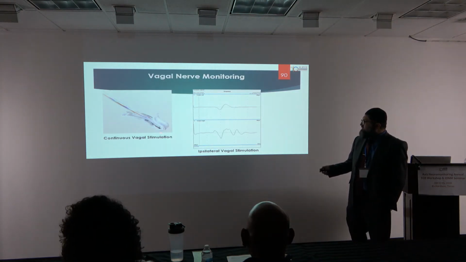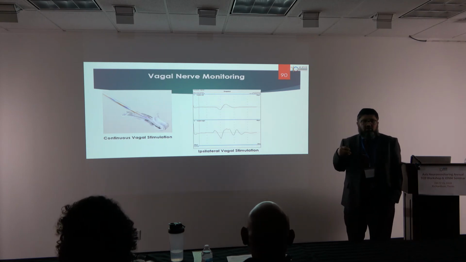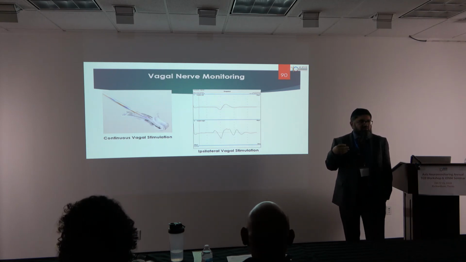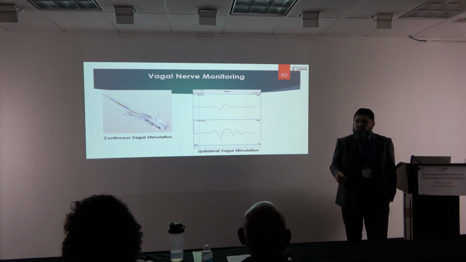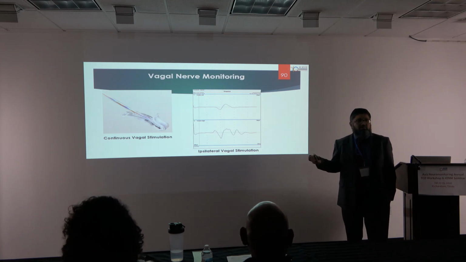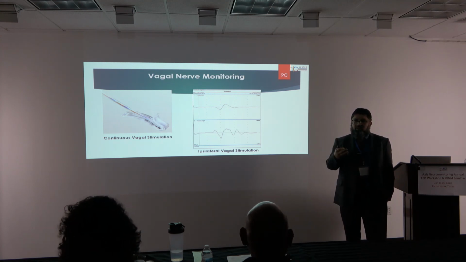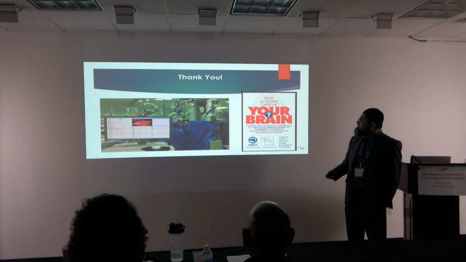This is the continuous vagal nerve stimulation you can use with the thyroid stimulator. You can plug it in, so you don't have to wait for the surgeon to stimulate. You can just put it there and keep doing trigger EMG throughout the surgery. You can also do motor evoked potentials. I like to do motor evoked potentials for all thyroid cases because I have full control. I don't have to wait for the surgeon, because when the surgeon tells you to stimulate, the nerve may be damaged at that time. So you run it and the patient doesn't move that much. Again, trigger EMG from the vagus. That's it.